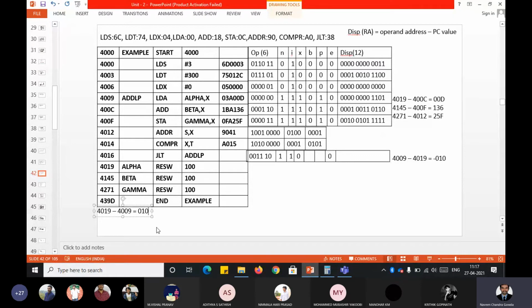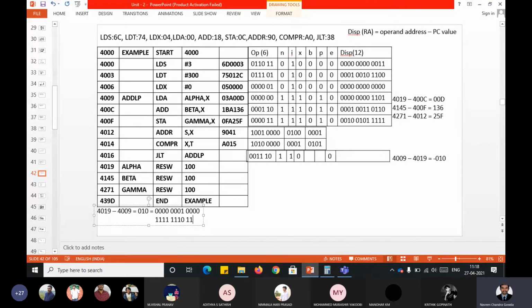See, if you want to represent in the 2's complement, this 010 first you should write in binary. So I'll say zeros followed by 001 followed by zeros. This is the binary representation, for which you have to take the ones complement. So it is 1111 followed by 1110 followed by 4 ones. For this, I repeat, if you add plus 1, that is where you'll get the 2's complement value.